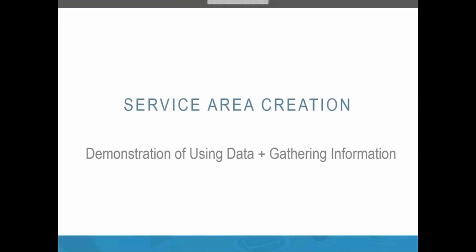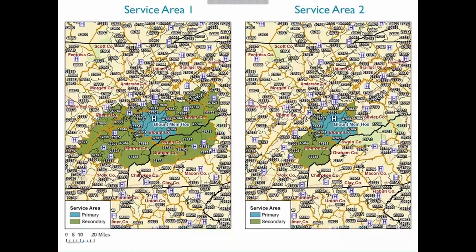One of the biggest mistakes I've seen over and over is service area definition. This is a great data gathering lesson. Most hospitals believe their service area is far larger than it really is. I'm going to show you an example. Now, this isn't a customer. I didn't want to embarrass anyone. It's my hospital from my hometown, and I'm recreating a common mistake hospitals make when defining their service area. I don't know if this is actually what they think their service area is, so I'm protecting the innocent.